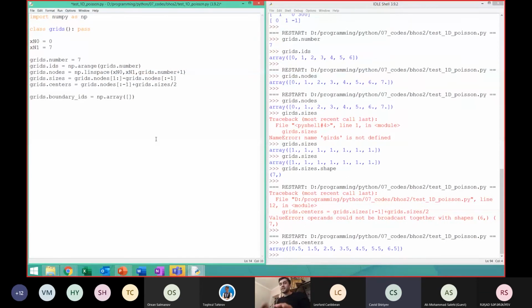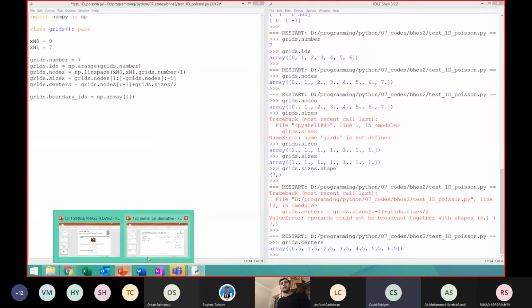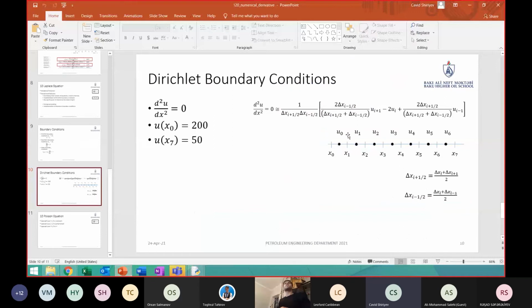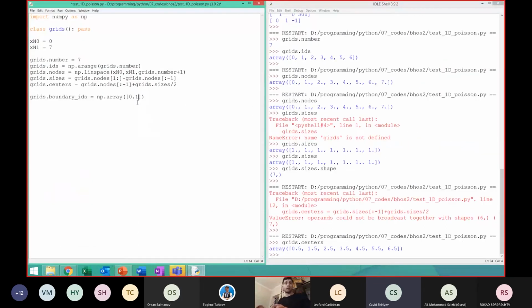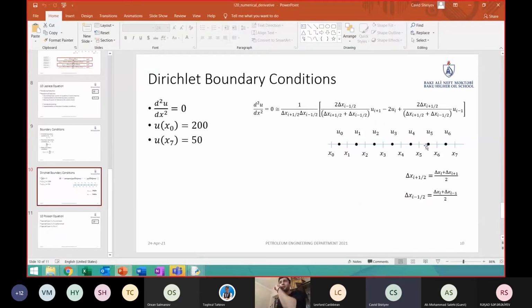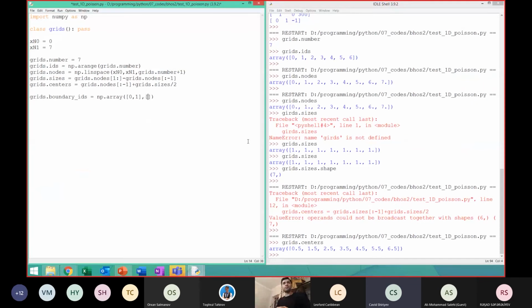I'm also going to include the neighbors of those boundaries. The first one is the zeroth element in this discretization, and its neighbor is the first element, so I'm going to write 0 and 1. The last boundary, the right hand side or upper boundary, is index 6, which is the number of elements minus 1, and its neighbor is index 5, the number of elements minus 2. So for the right hand side, I take the grids number minus 1, and its neighbor is grids number minus 2. If I run this one,